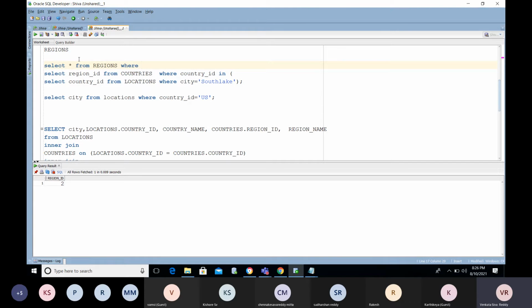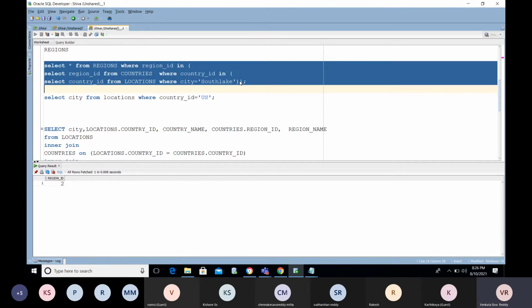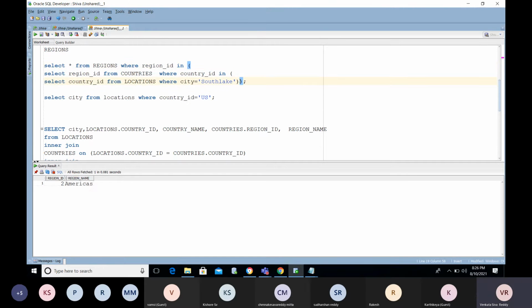You put the region ID in, and you can put this query inside. Got it? Now you also got the same output, Americas, but which city belongs to this America and all those details you cannot accommodate in a single line. But you can get the results. Got it, Sai? If you go with the joins, what is the benefit? If you go with the subqueries, what is the benefit here?